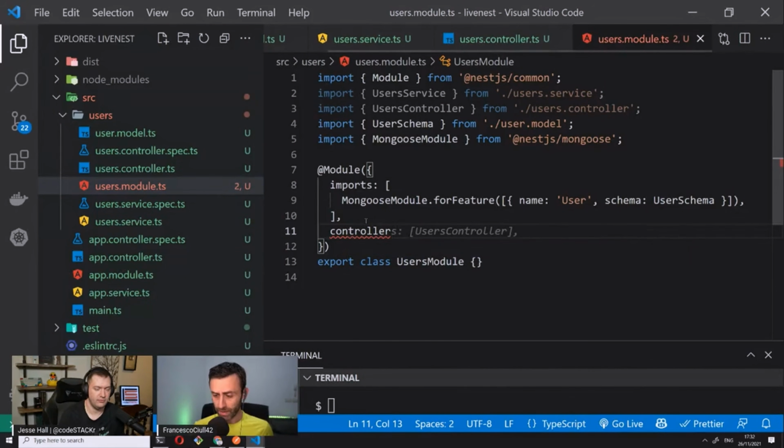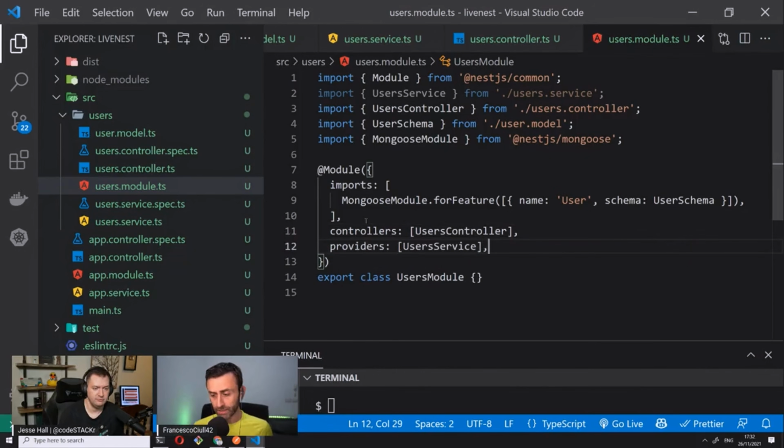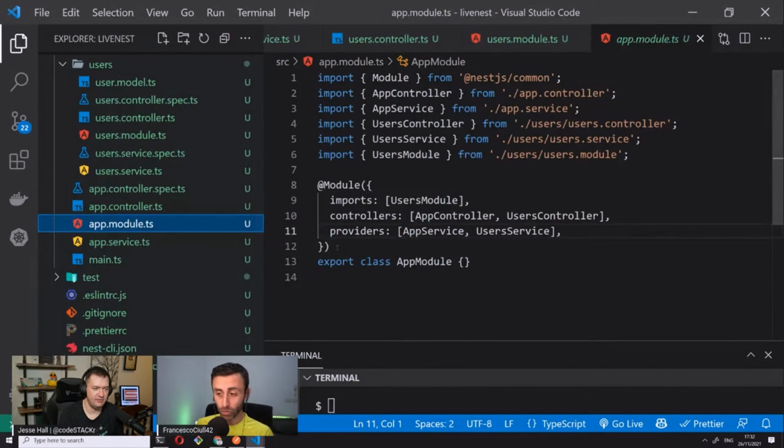So for example, we can have the controllers and providers in a very similar way. So we have the user's controller and user service. It's going well for now. Let's go in the